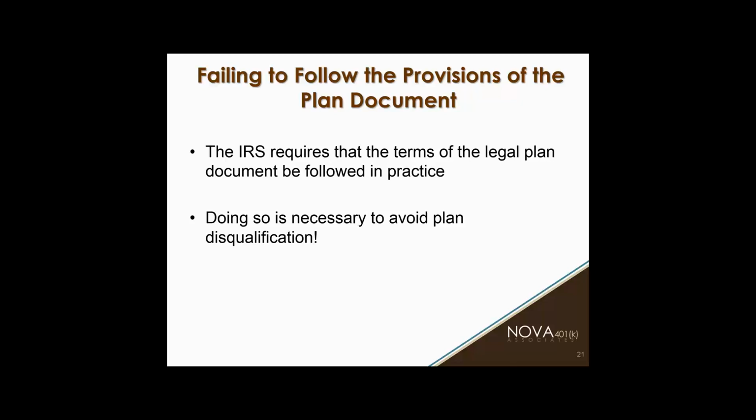Yeah, so I'm giving you the general idea here that if you have multiple companies, they should all be in one plan. Can a control group of companies have separate plans? Maybe, but they have to pass some specialized testing. Again, that's something that NOVA can do. There's usually additional fees involved with that, but if each plan in a control group can pass some special testing, then it may be possible to maintain separate plans. We do have some clients like that.